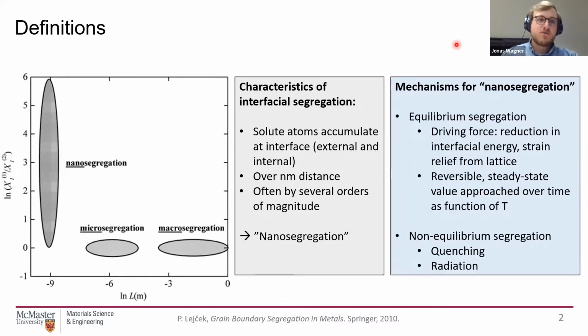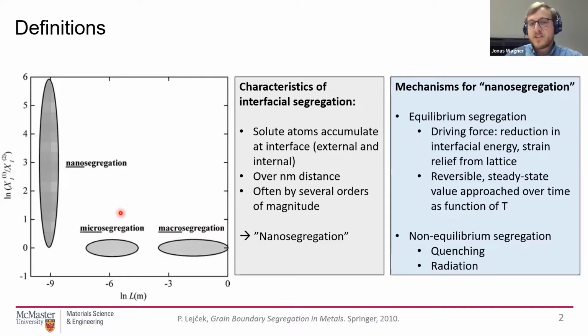Yeah, so about segregation. When in materials science we speak about segregation, sometimes we mean different things. There are different phenomena called segregation happening on different length scales. For example, sometimes we talk about macrosegregation. If you imagine a big slab of steel just cast, it's solidifying, and the composition in the center of the cast slab might be different from the edges. We also have microsegregation. When you think, for example, of dendrite growth, the composition might be different between the dendrite and the interdendritic space.